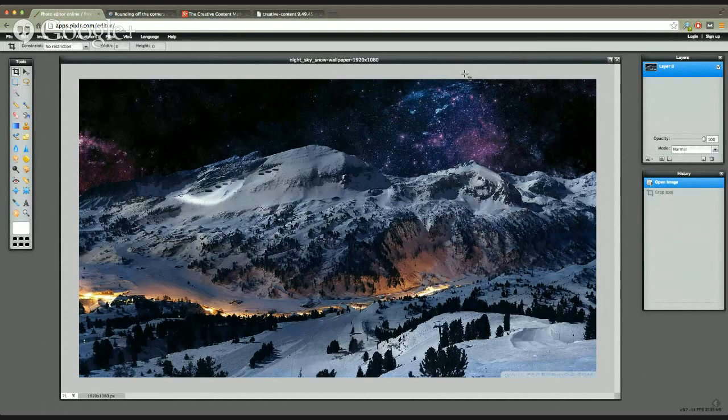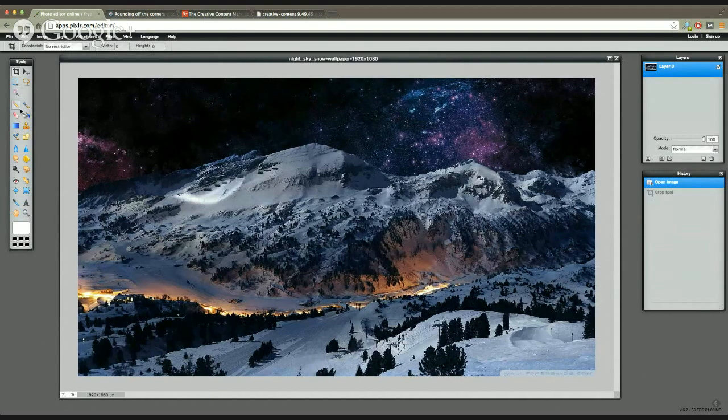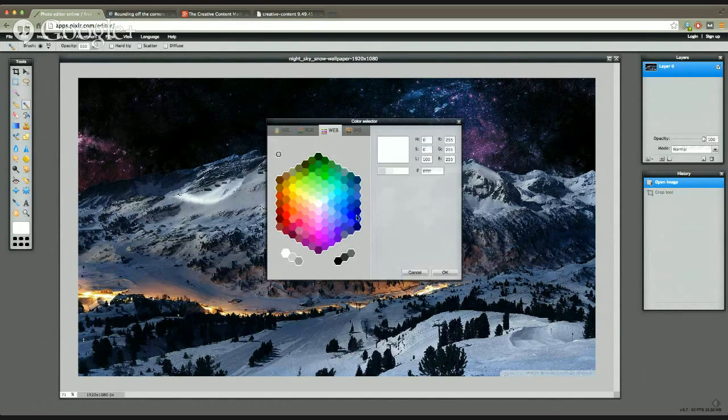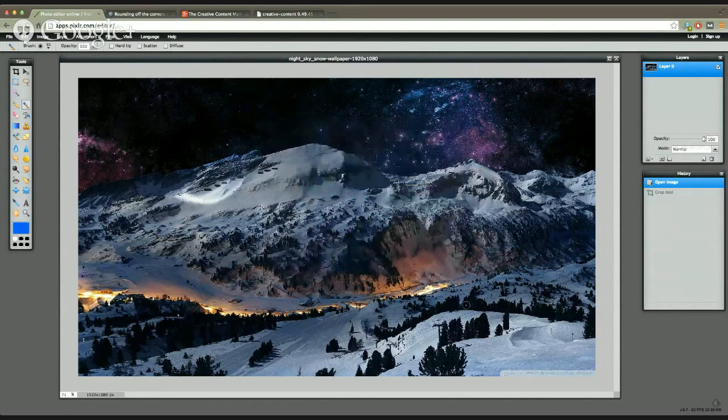Now the other tool that we have over here is the paintbrush. You have the paintbrush right here. So let's say you just wanted to add a little bit of color. Let's choose blue. Let's say you just wanted to fill in a little area. So you just take the paintbrush